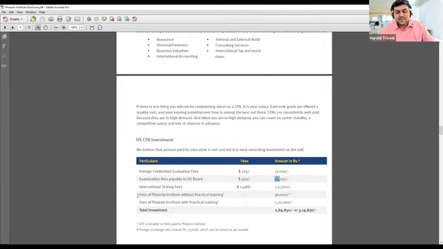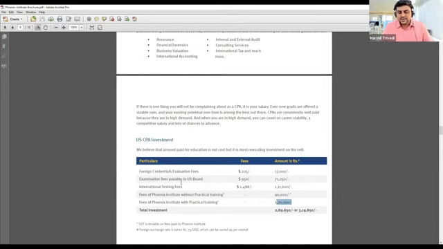After this, there is the fee of Phoenix. Phoenix gives you CPA training in two ways: first with practical training, and the other without practical training. Without practical training, the fee is 90,000 plus GST, and with practical training, it is 120,000 plus GST. So if you compare the total cost of this course, it will be 289,000 or 390,000, subject to your